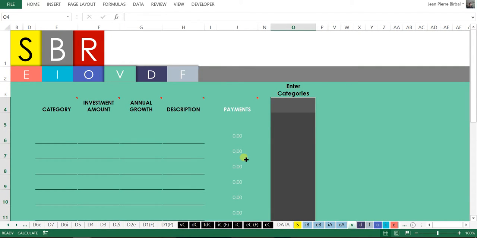Okay, now we're going to discuss the investments tab. And keeping with the theme of similarity, the investments tab isn't too different than the debts tab. Layout's pretty much the same. So the one difference with the investment tab to the debt tab is that you can actually enter some categories